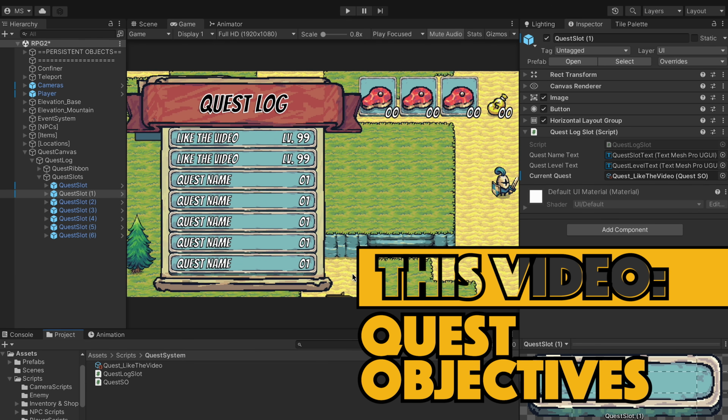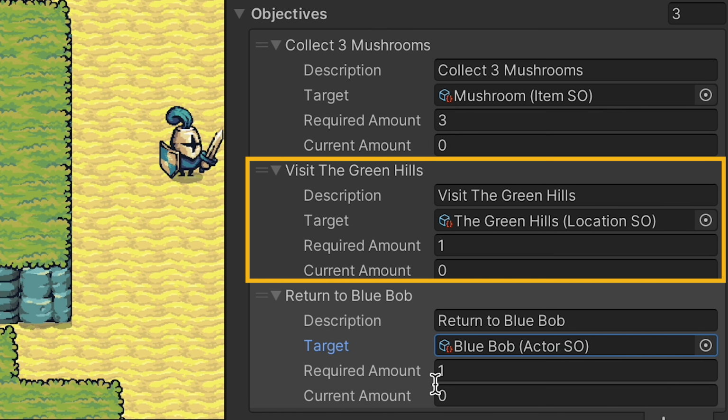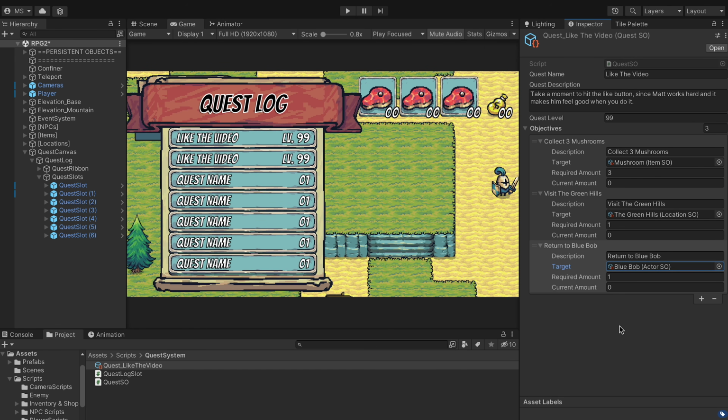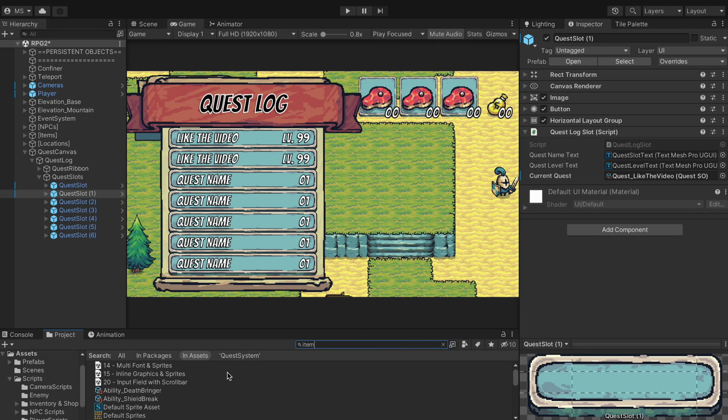So in this video, we're gonna actually create some objectives. So you can decide in this quest, you need to talk to someone, visit somewhere, or collect a certain number of items. Now, along the way here, we're gonna be using some stuff we've created in previous series, like our